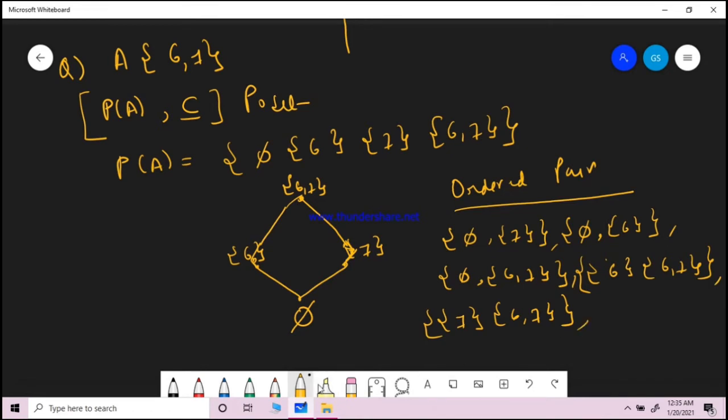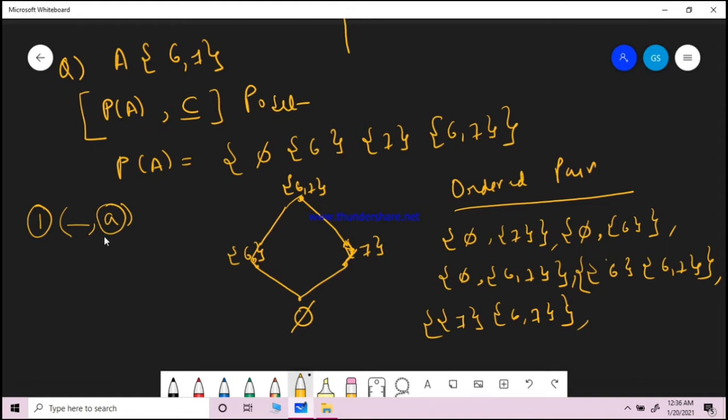So these are the possible combinations that I have written here. I have simply considered all the ordered pairs. This is connected to this, this is connected to this, then this is also connected to this. So like this I have written down all the ordered pairs. Now you have to identify one element that never appeared in this side. You have to identify the element that never appears in the right hand side of this set.